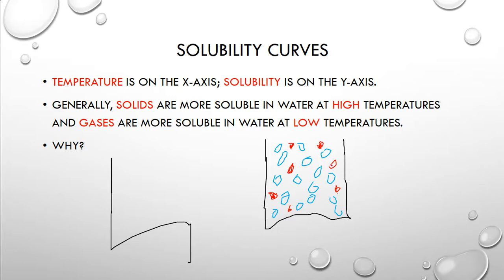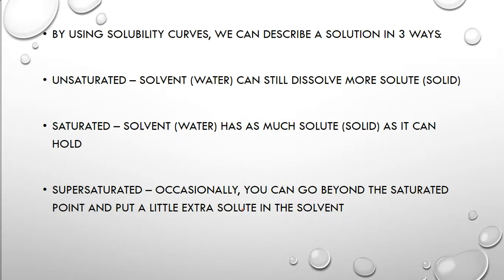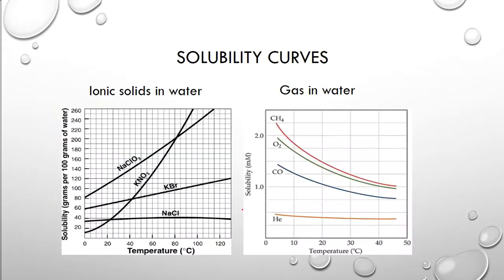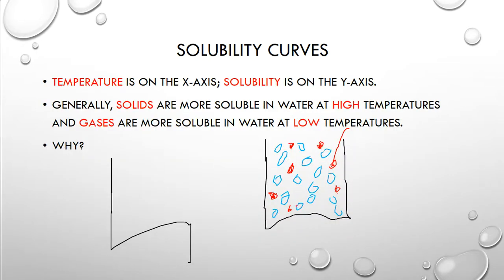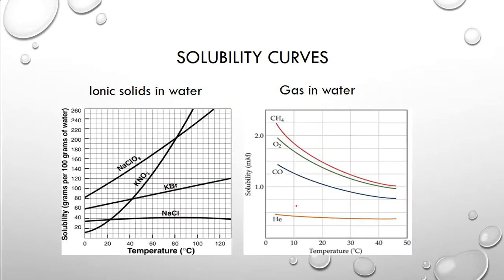This bubble here is close to the surface. You give it some energy, it's going to fly off. And so we will have a lower solubility as we increase our temperature. It's not going to be able to hold as much of these gases because the gases are going to want to jump out. Similarly with ionic solids, if you really think about what's happening here,